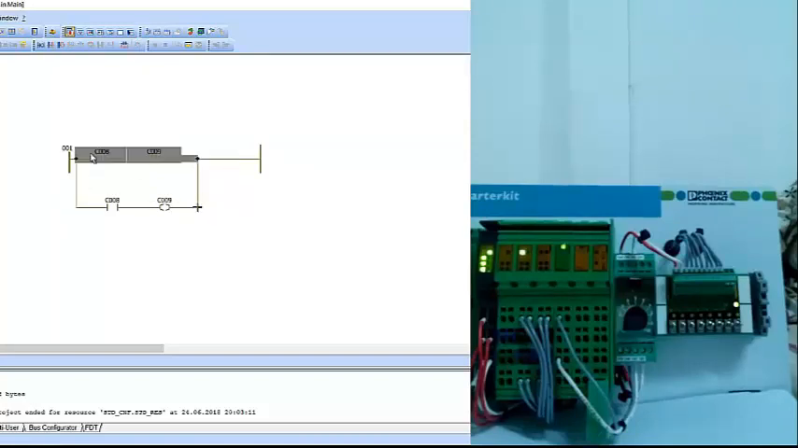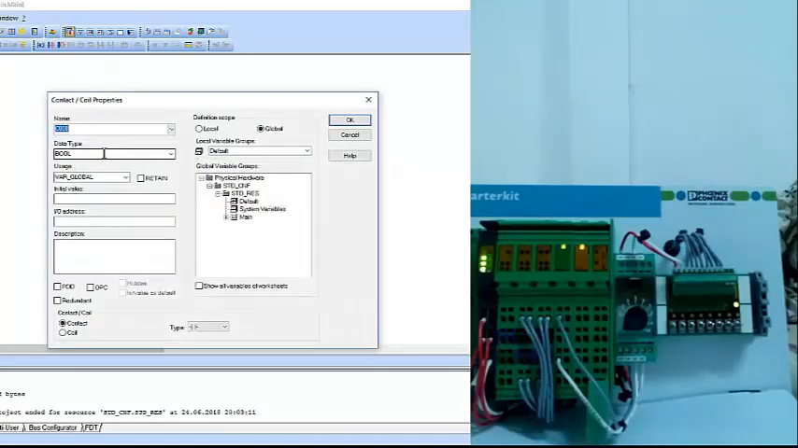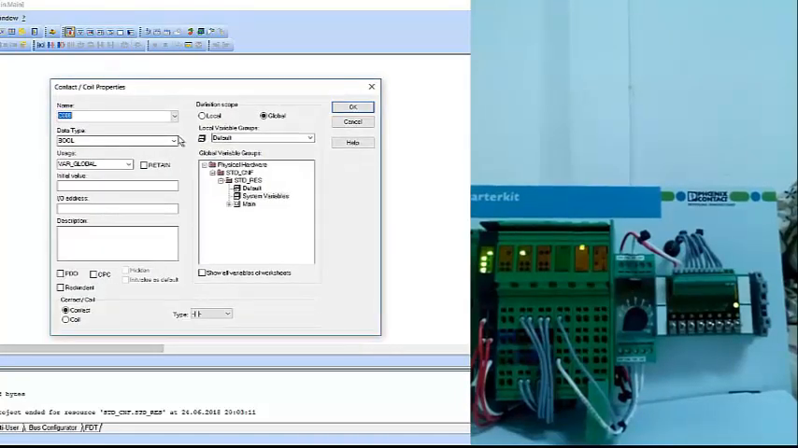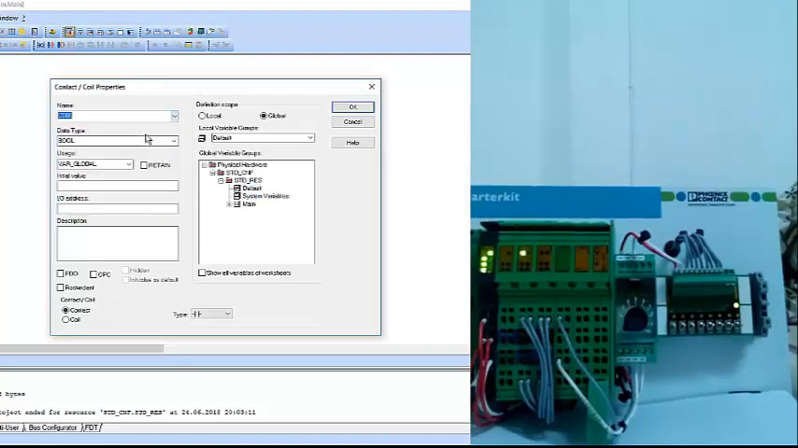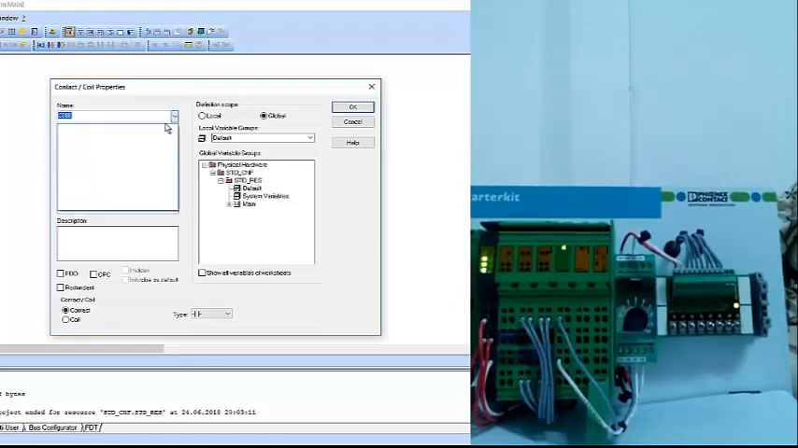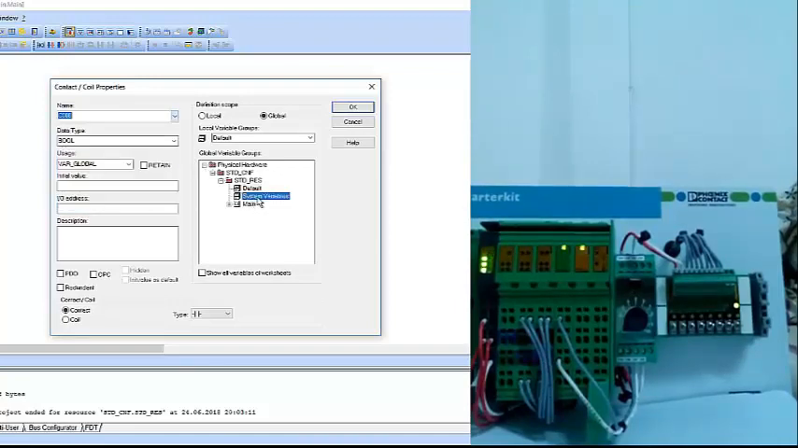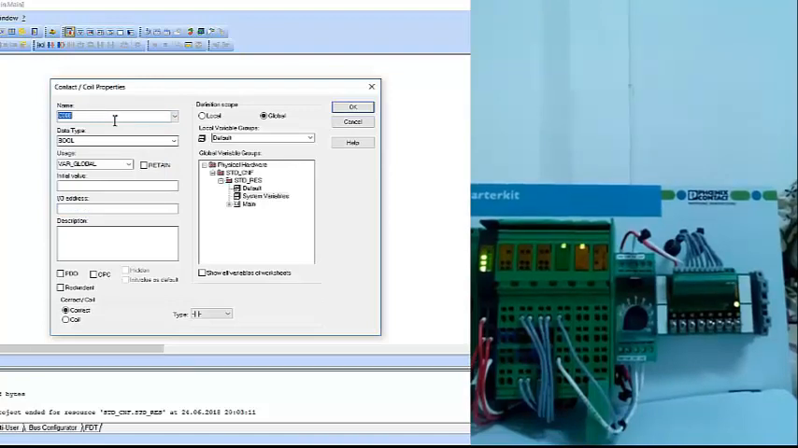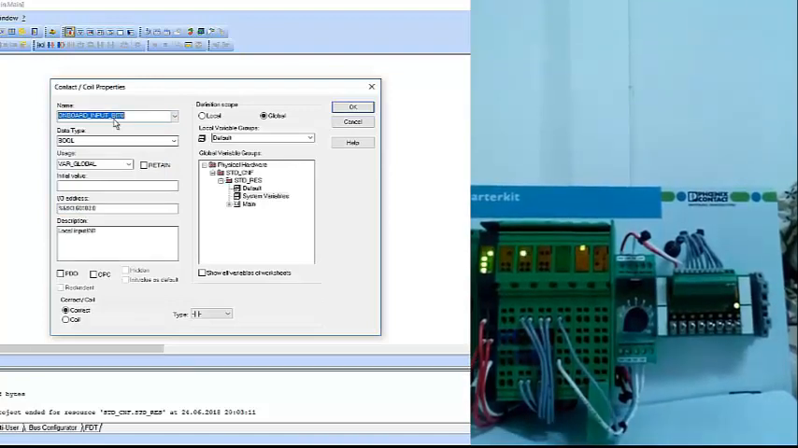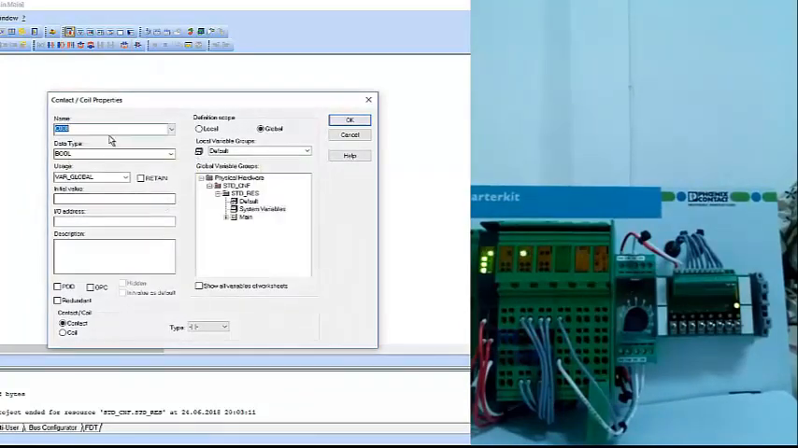So the most important thing here is, when I double click on this contact and choose it, I have to choose system variables. If I choose default, then I can't see anything and nothing will show up on the list below here. But if I choose system variables, there are some variables here. So I can write onboard input bit 0 and here onboard input bit 1,